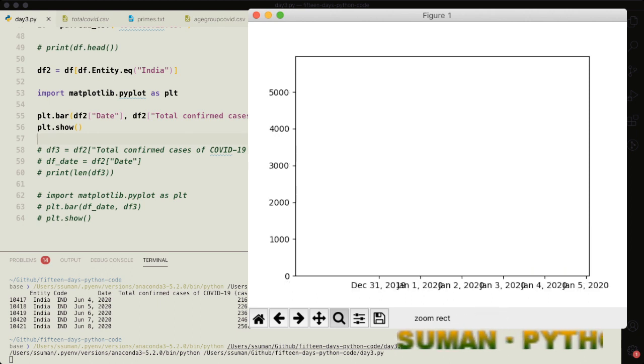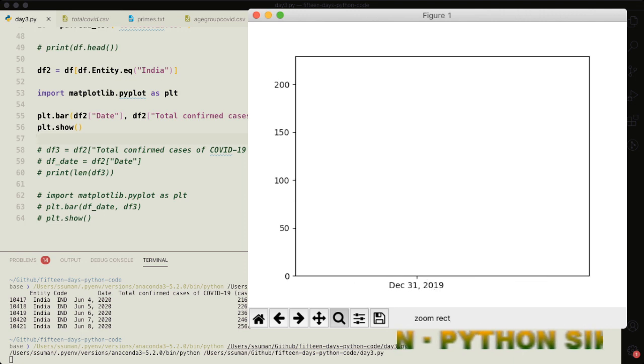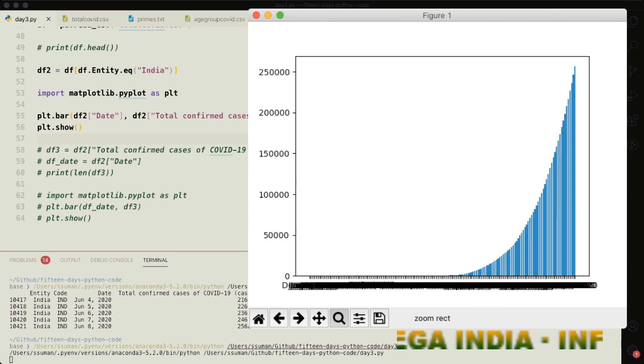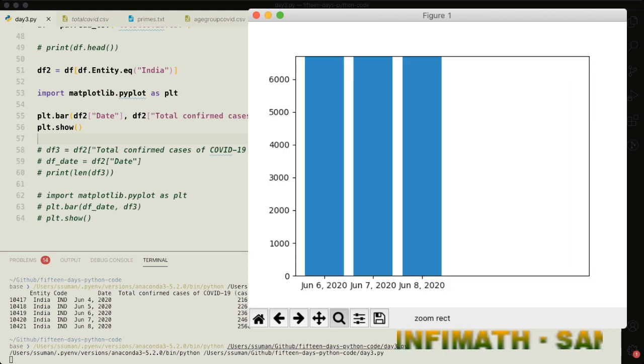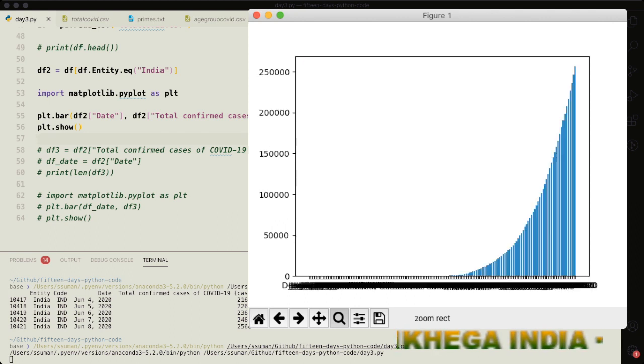You can see that the data started from 31st December, and when you press the home button here, the graph will be reset, and you can see the last data. Here you can see that the last bar is of 8th June 2020. In this way we can plot real data, and you can do analysis on it.